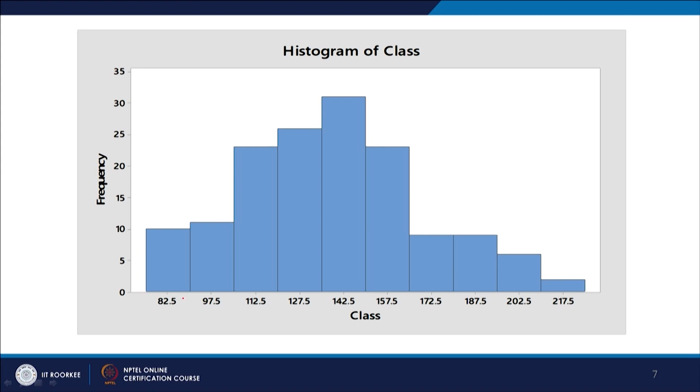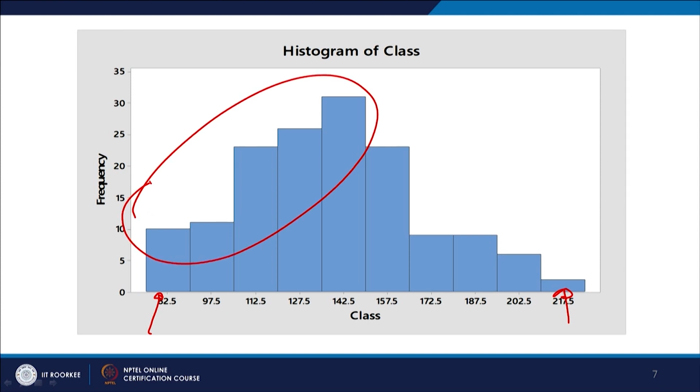So, these are different weights, right. This is the first class and these are the last class interval, and these are midpoints of class intervals, right. So, what do you infer? You will find that if you look at this particular area, people in this particular class interval have got more weight compared to this particular slot, is not it. So, this is the inference you can draw from the histogram, which you cannot see from a relative frequency distribution table, right.